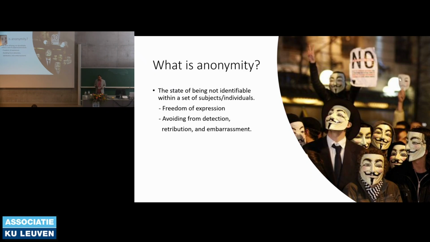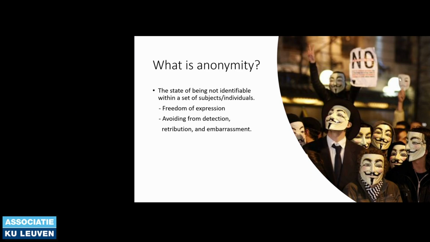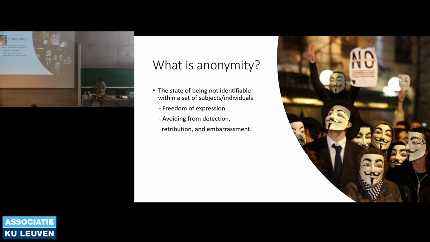For example, we all know that the founder of WikiLeaks, Julian Assange, is still in prison. And even Edward Snowden cannot go back to his home country. He has to hide in other countries. And the reason is that people know who they are, and then they are basically facing these challenges. Even the family members of Julian Assange are regularly facing different kinds of threats. And in such scenarios, anonymity could be useful.